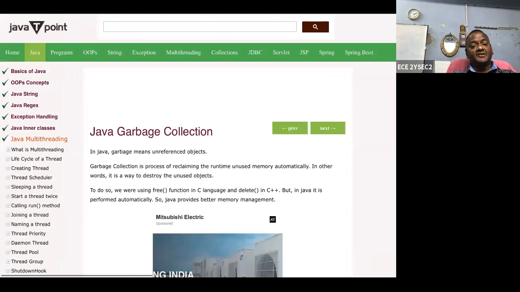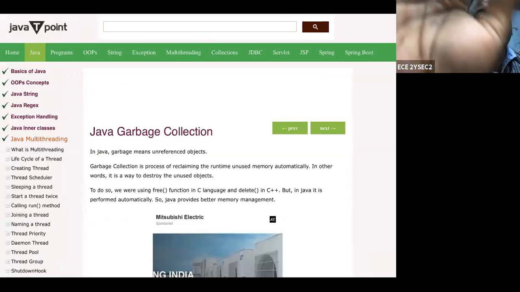Next is visible identifiers. This is called a visible identifier. Now I want to go to another